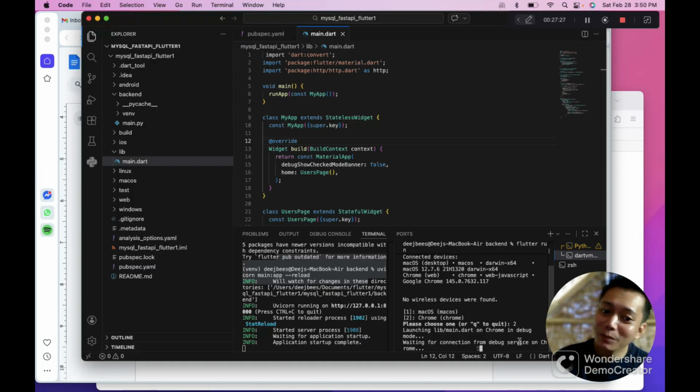What do you think? It will display or not? We're done configuring the FastAPI. Then you can see the FastAPI there. It displayed the data. Then now in the UI, main.dart in the Flutter. So what do you think? Will it display the data or not? Let's just see it.